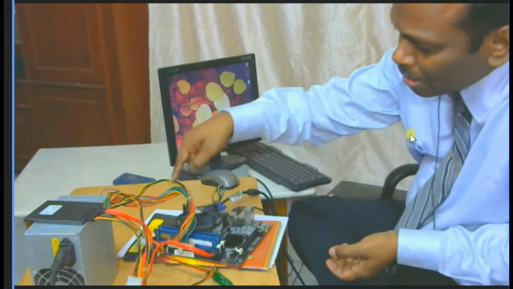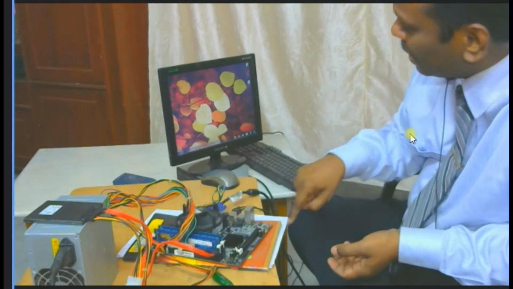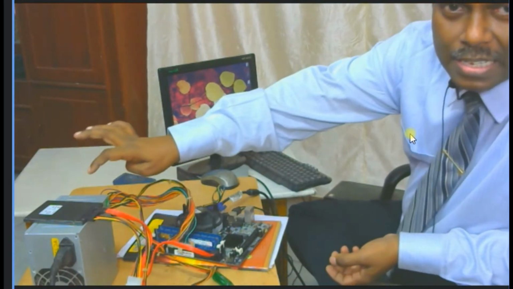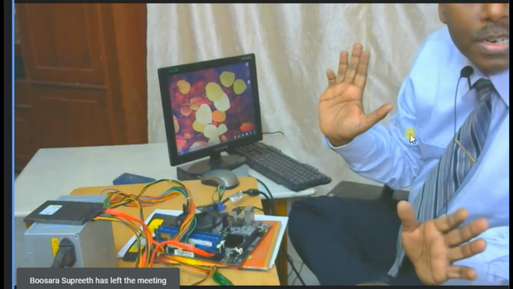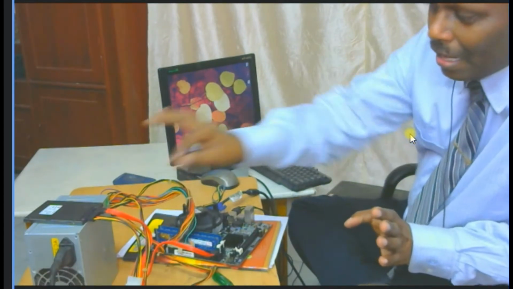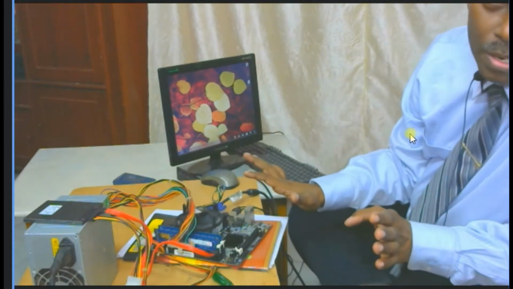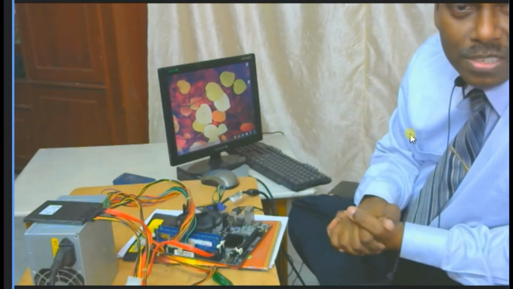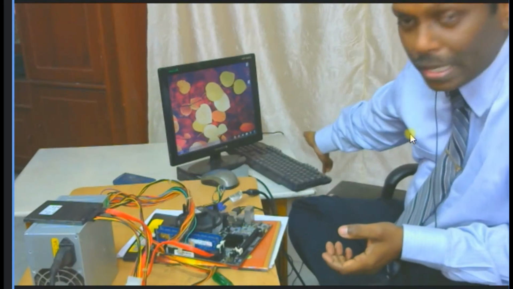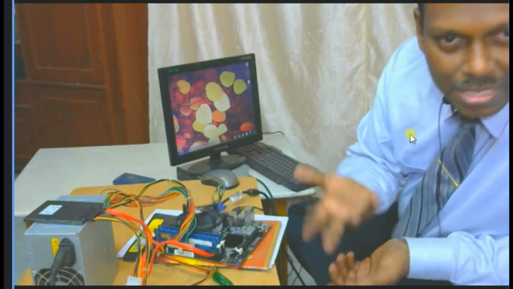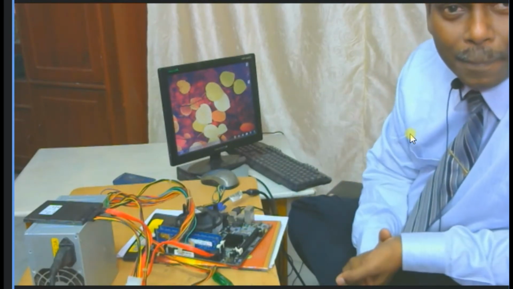Once the motherboard and all these things are working and connected to the monitor, and if you have a hard disk, that is all the computer is. Nothing else. If there is no hard disk, the computer still works, but you will get an error: no hard disk found. If there is no keyboard, it still works. If there is no mouse, the computer still works. You can see the display.